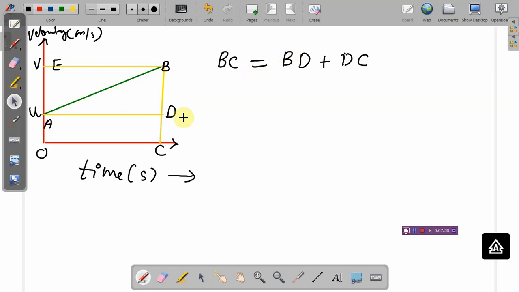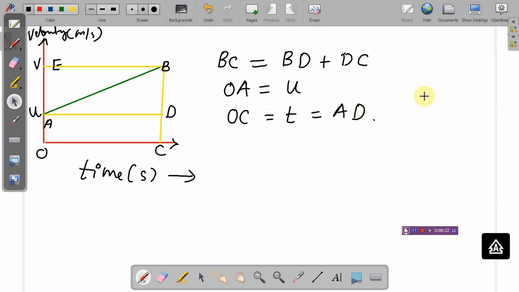And here OA is representing the value of initial velocity, because the motion starts from here, right? When we were observing, the initial velocity of the object was u. So OA, which is showing the initial velocity u, right? And OC, which is representing the time, which is also equivalent to AD,